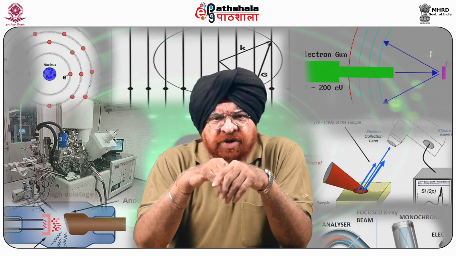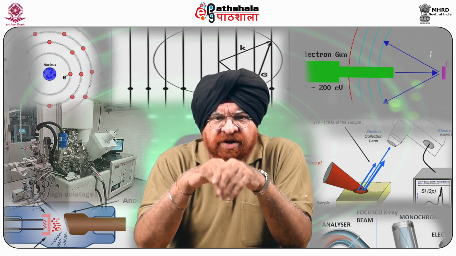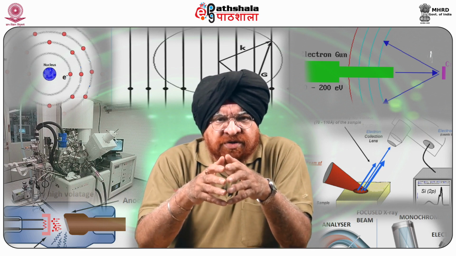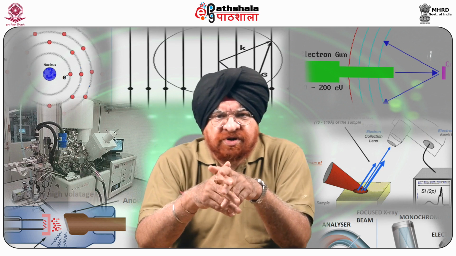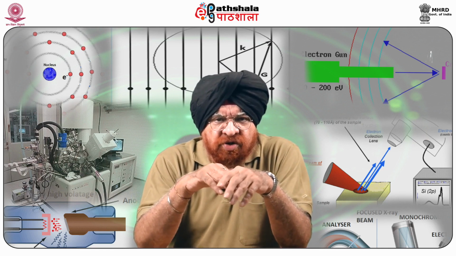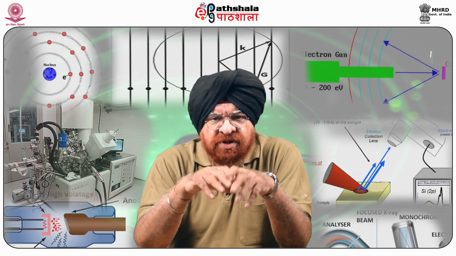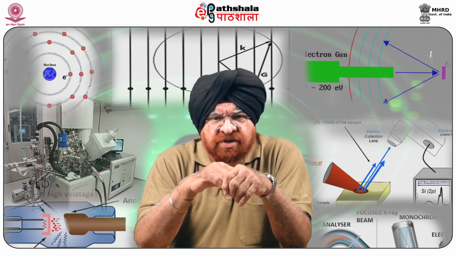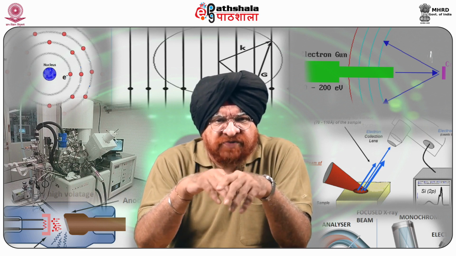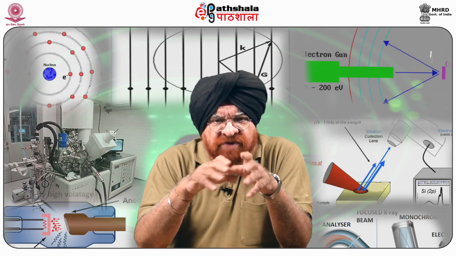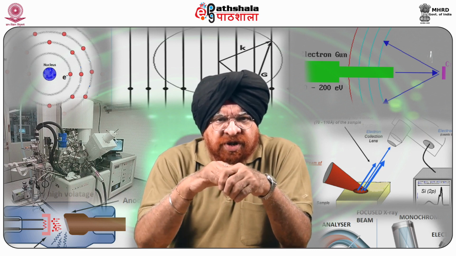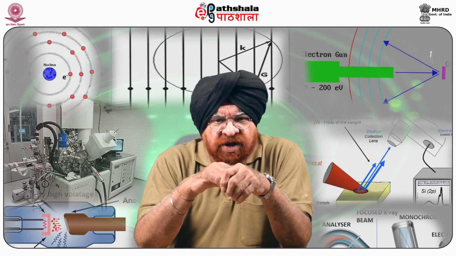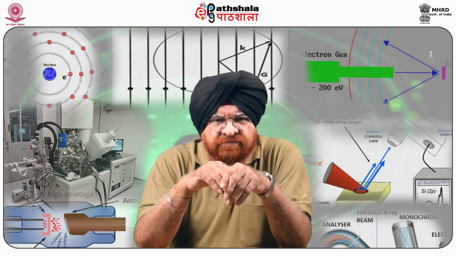The second most important concept here is time of flight, which is abbreviated as TOF. It is based on the phenomenon that ions having the same energy but different masses travel with different velocities. In TOF, the mass to charge ratio of ions is determined by measuring time. With the help of a known strength, ions are accelerated by an electrical field. Ion velocity depends on the mass to charge ratio, and the time taken by the ions to reach a detector at a distance is measured.